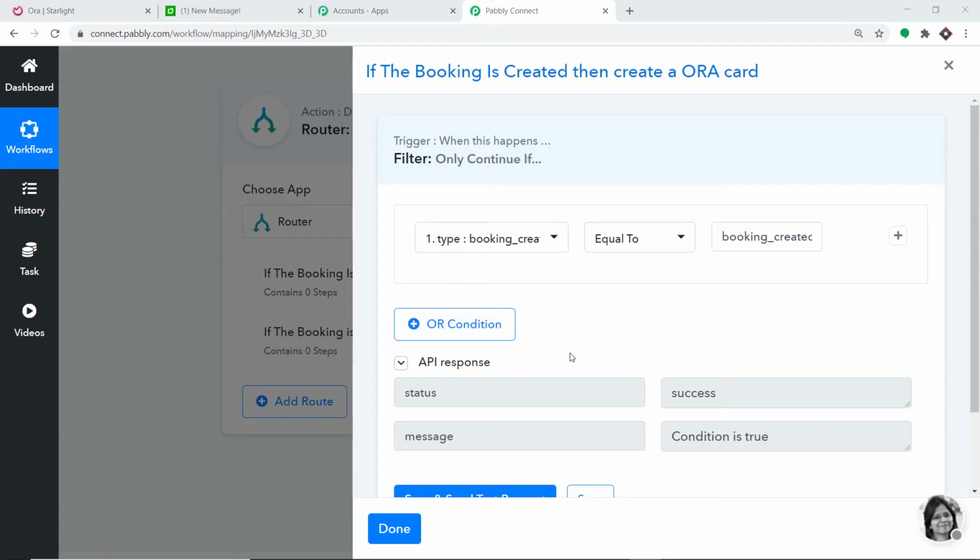Okay, so the API response is showing the status as success, and the message says the condition is true. Basically, this means if booking created is equal to booking created, the status is success. For example, if booking created was equal to booking updated, the status would have shown as failed, or the message would have shown the condition as false, or given something else like an error. So my point is, at present, if booking created is equal to booking created,